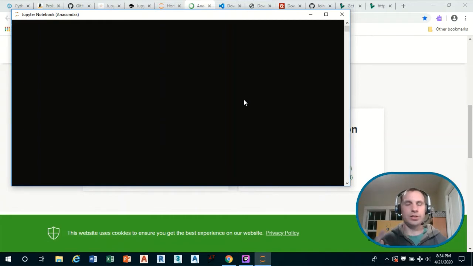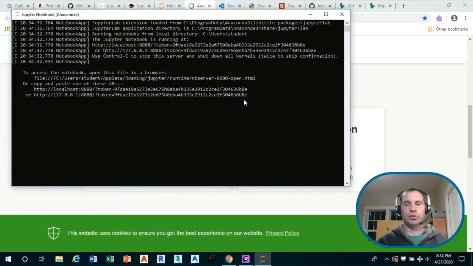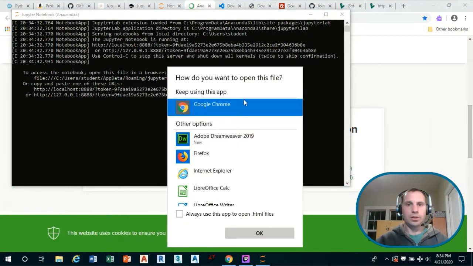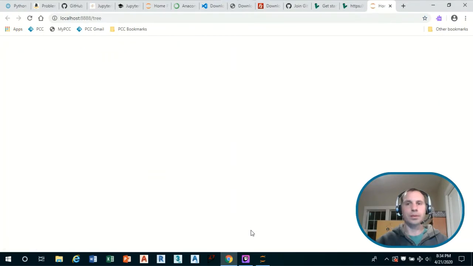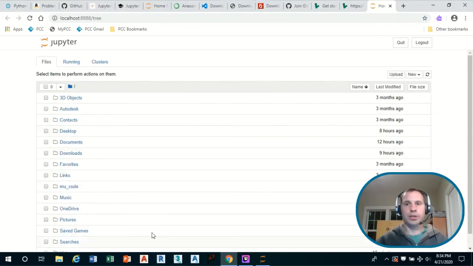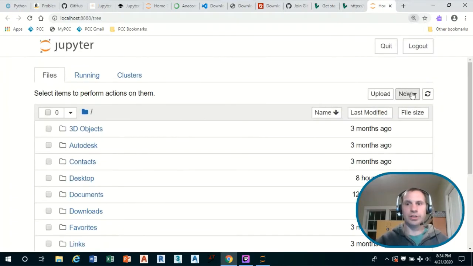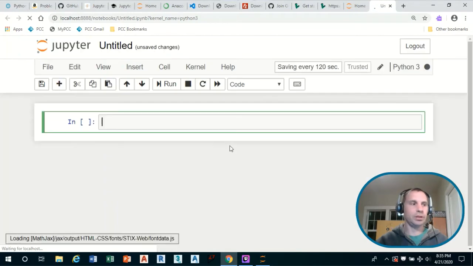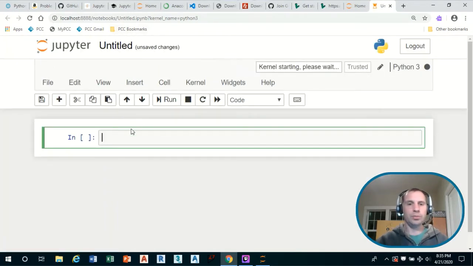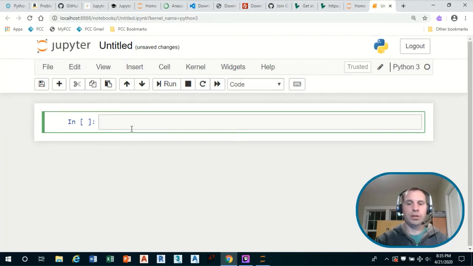This is taking a little bit too much time to start up. I'll show you another way to start a Jupyter Notebook. So we'll open with Chrome, that's fine. So this is an example of the regular Jupyter Notebook file browser. If we go up here and we select New and then Python 3, then we'll have a running Jupyter Notebook.